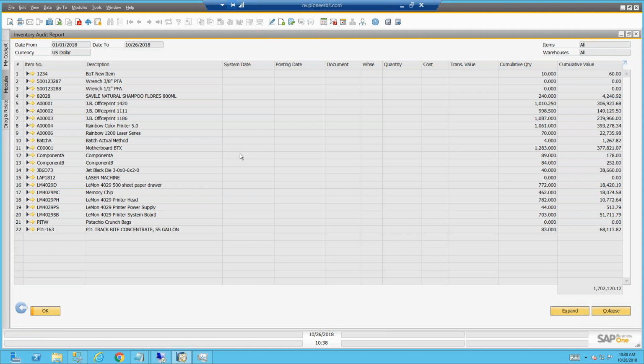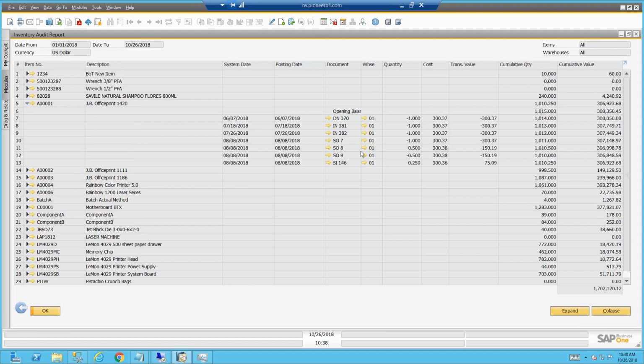The other thing maybe to mention is that for every item you can expand, but you can expand one by one. So if we look at that item, that shows us all the transactions between the dates that got us to that value. So that was the opening balance, and then all the ins and outs that affected my inventory based on that